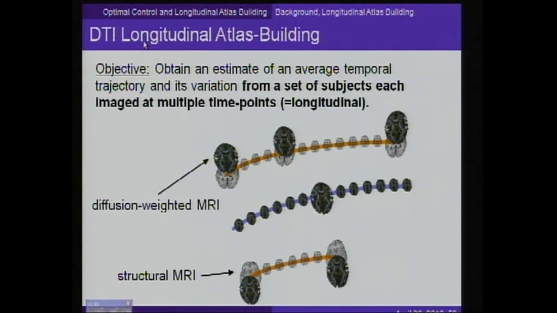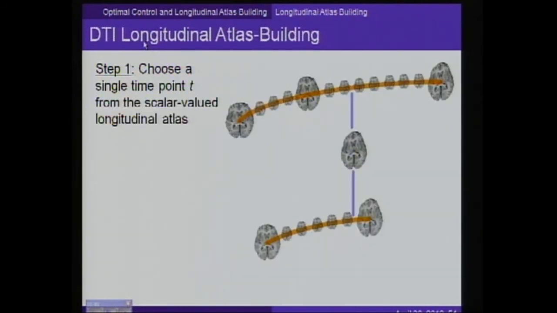We just use FA images at different time points, register them to each other for these individual subjects, get these time trajectories, and then build, at whatever time point we choose, a cross-sectional atlas that gives you a mean shape at a particular time point. And just to step you through the process, you would have these two time courses. You somehow select the time point you want, compute the mean image,